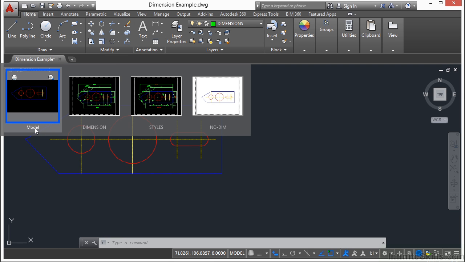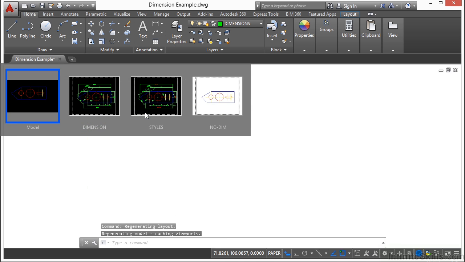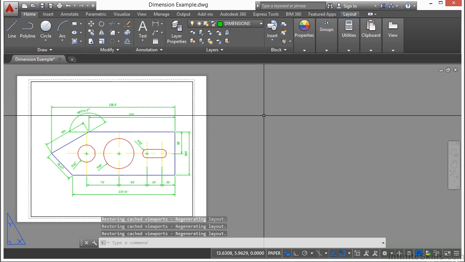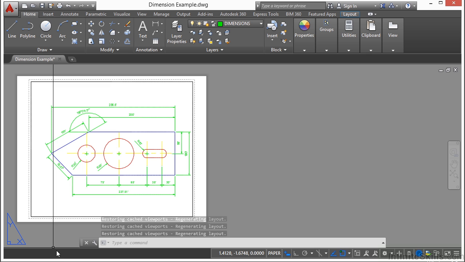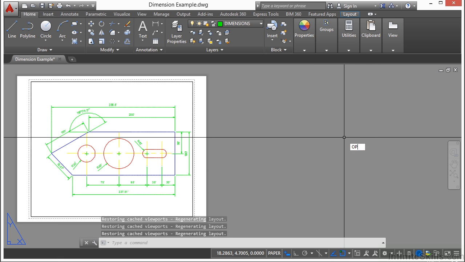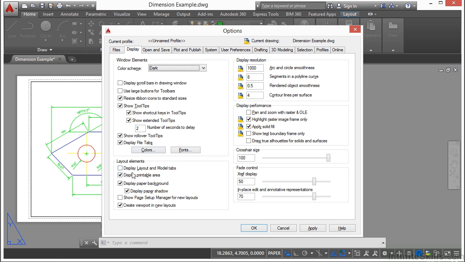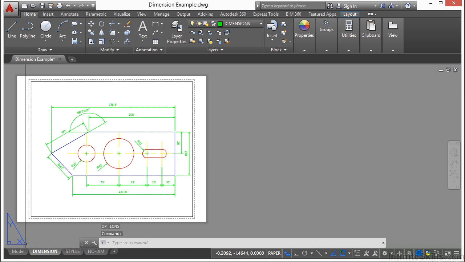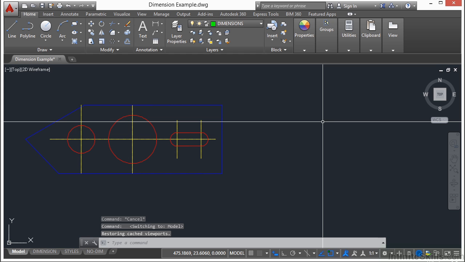The Model Space will always be called Model. You can't change the name of that. But the Paper Space tabs can be called just about anything you want them to be. So you can get to them that way. If you turn these off, it might save you a little bit of room, but I prefer leaving them on. It's all up to you. Type in OP or the word Options to get to your options, and go to the Display tab and click